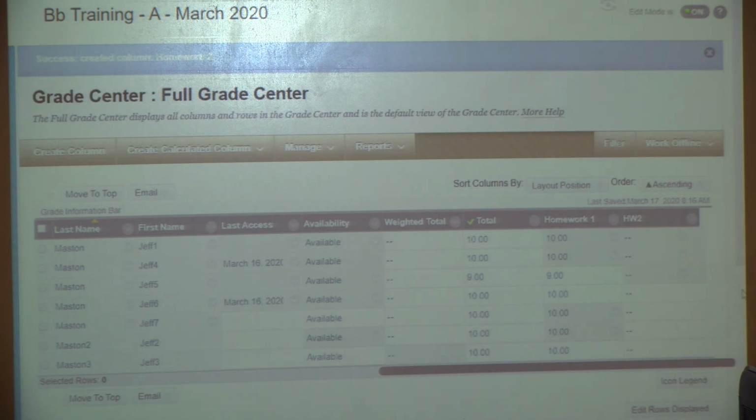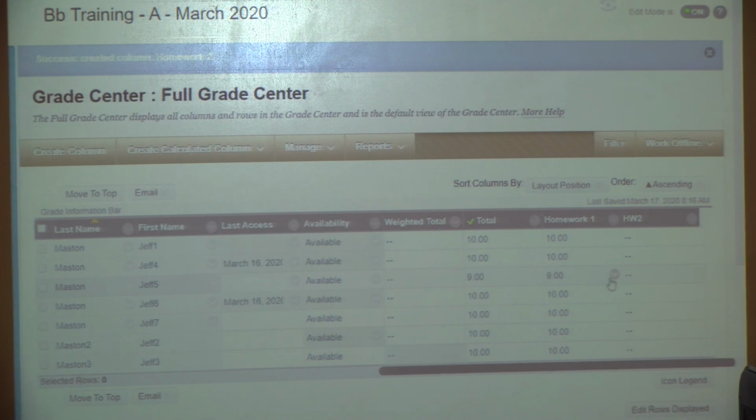Let's see here. Now, remember I set that setting so that my header would display as homework 2, but my 2 homework columns, I don't have them consistent. And so I want to change some settings on this column so that they're consistent with the other homework column. And to do that,